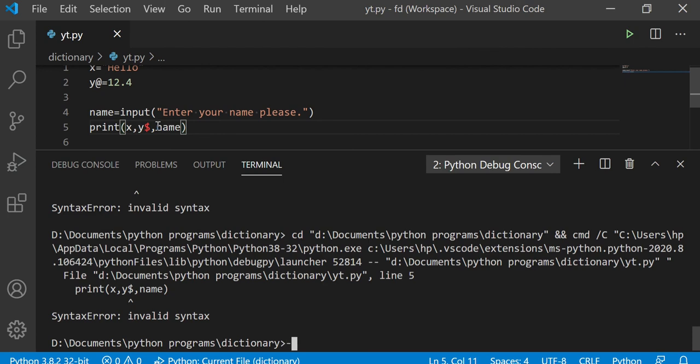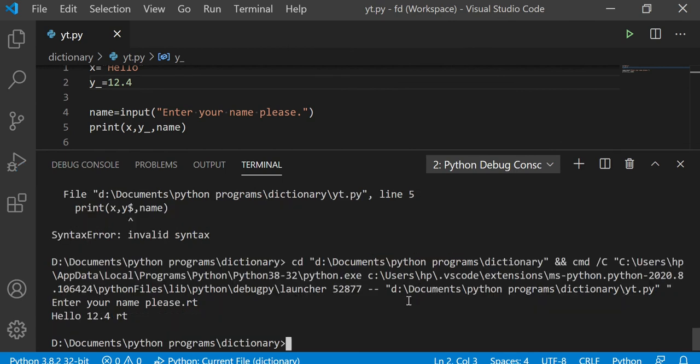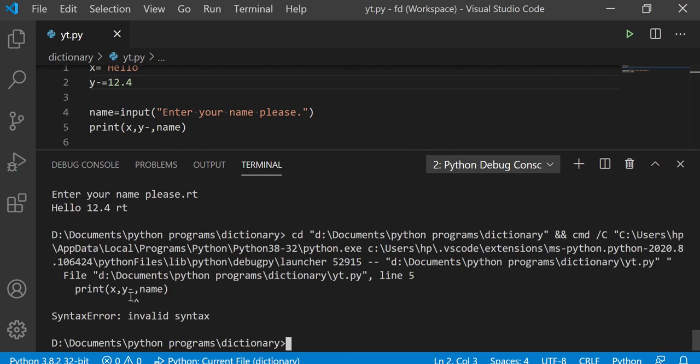be used in them. You cannot even use point. Changing the special character will not do anything. It will also produce an invalid syntax error. You can use underscore, but you cannot use that minus sign. To let you know how to use underscore, we will get an output like this. Enter your name or RT and here. So it is possible, but you cannot use the other sign similar to that, which is somewhat upper, and the sign we use for subtraction purpose.